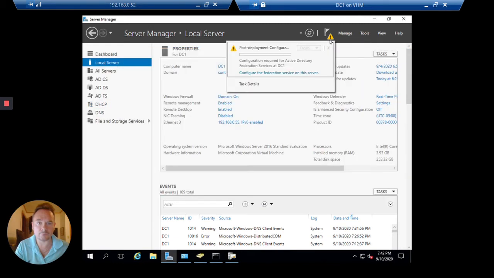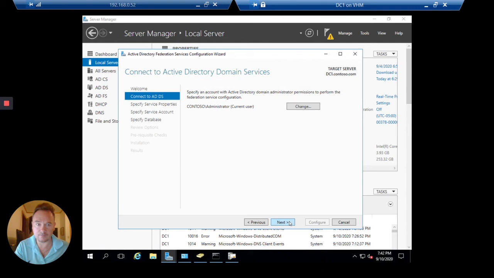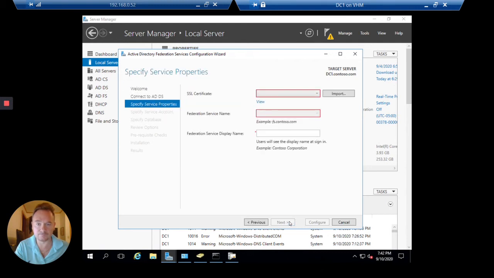So we're going to go to Configure Federation Services on this server. And yes, we want to create the Federation server in this server farm because we don't have this Federation server farm yet. And the credentials are going to be fine. We'll leave them as is. And here's where we want to select our SSL certificates. And we want to select adfs.ad.contoso, and the name will be